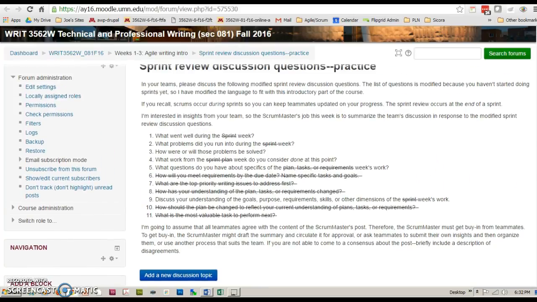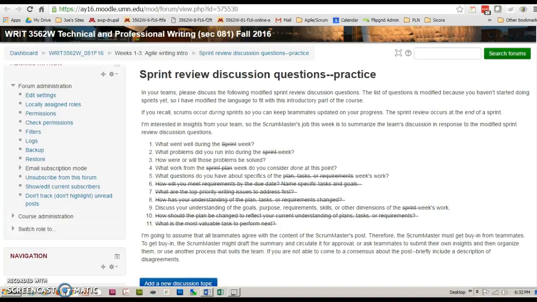This is a sprint review. The purpose of sprint review is to talk about the work that you've done for the week and what kinds of problems you encountered. And so this is just practice. And when we get into actual sprints, you'll see that the sprint review occurs at the end of each sprint,